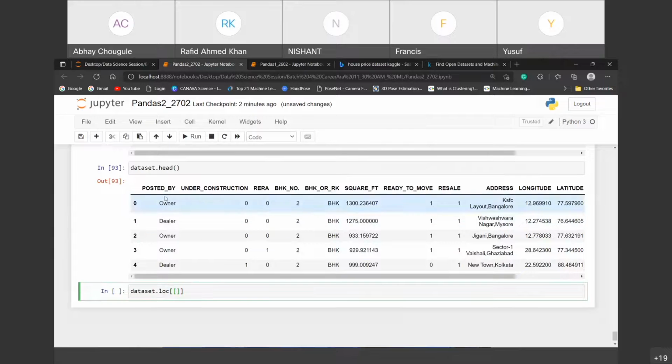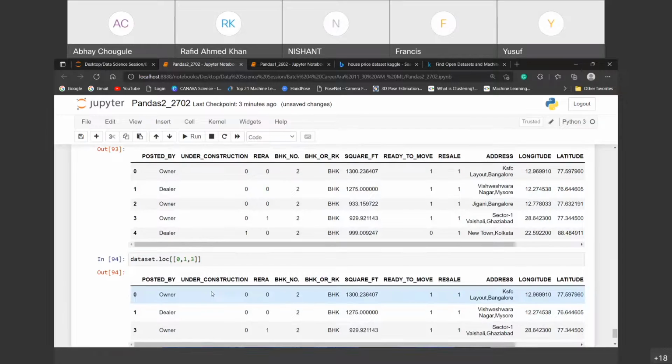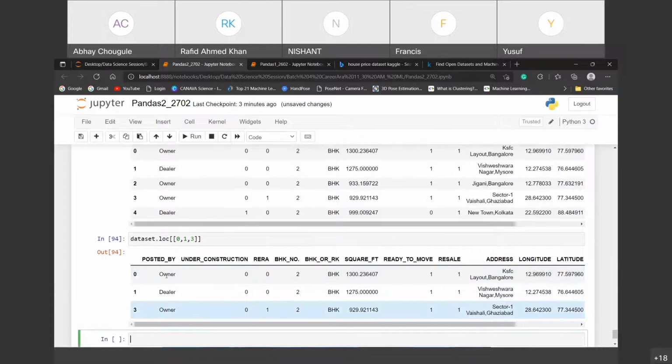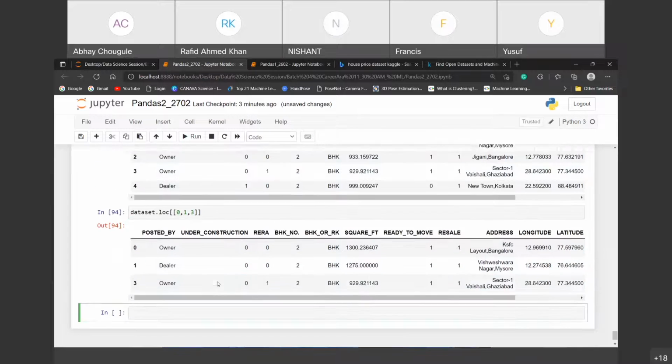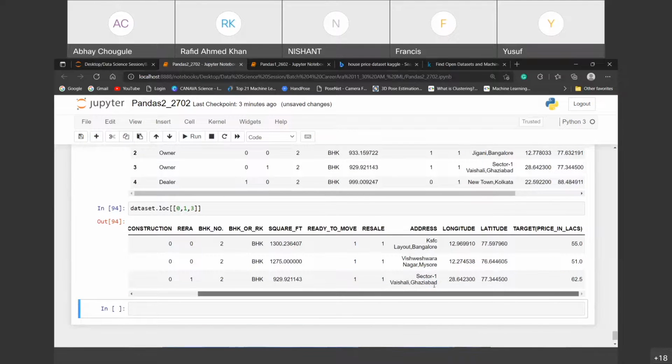column indexes, suppose this is 0, 2 and 3, suppose 0, but it works with the columns. No, first attempt works as rows. This works as a row. So suppose if I'm passing 0, 1 and 3, okay, and then first I will execute this one. Check out 0, 1 and 3. You will get 0, 1 and 3. And what about